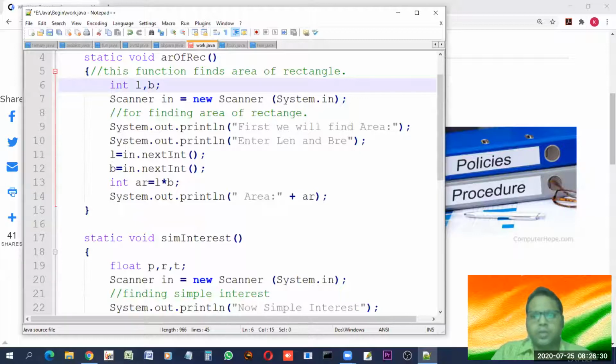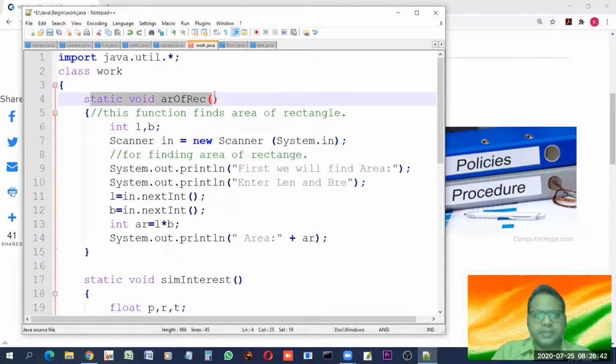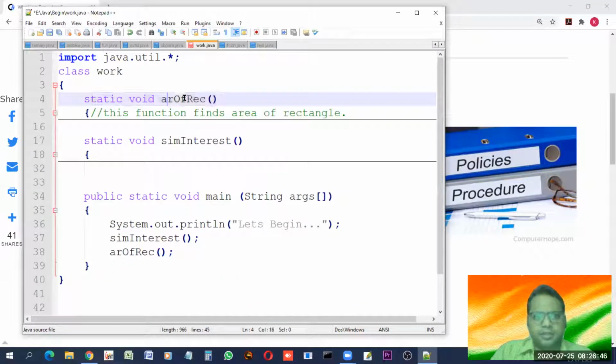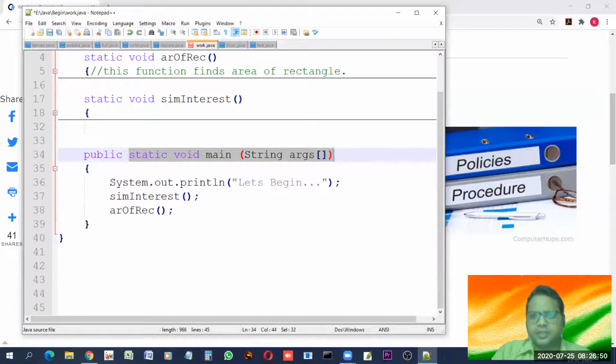Then we learned how to convert the program into a procedural one, or make functions in the program. And now we have two functions in this program: area of rectangle and simple interest. And of course, a main function is there. You must know that the main function is where the execution starts.